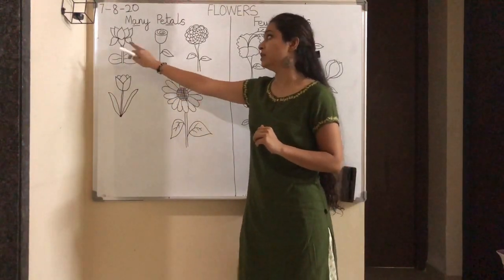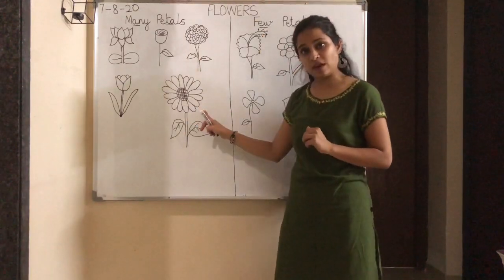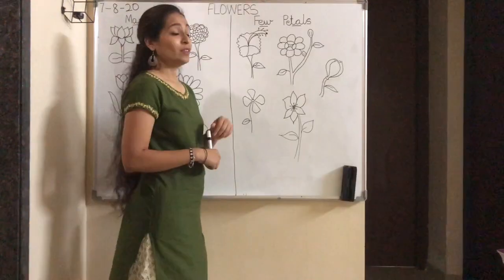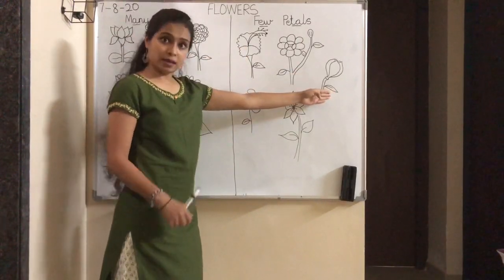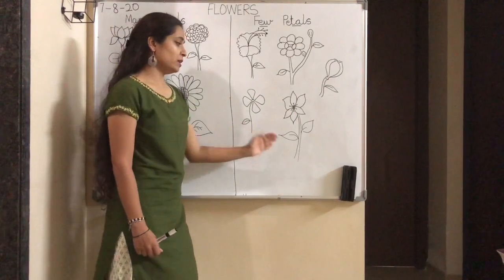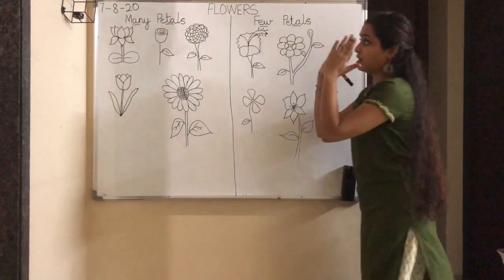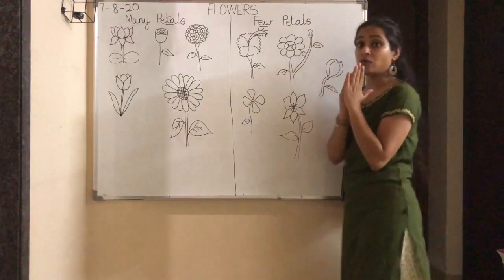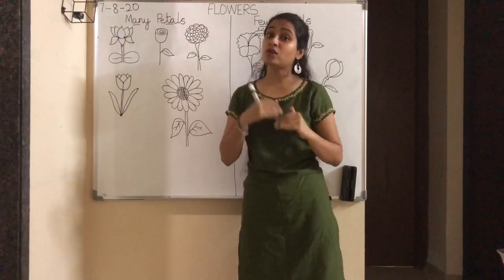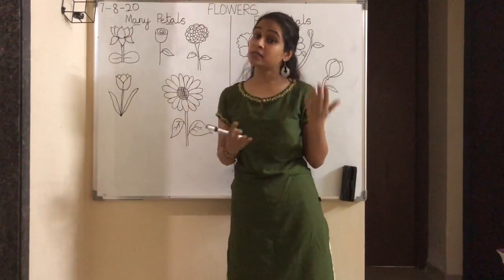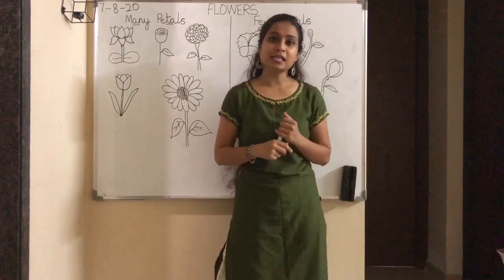Now let's revise flowers that have many petals. We have lotus, rose, marigold, tulip and sunflower that have many petals. In few petals we have shufla, jasmine, plumeria alba, periwinkle and lily. So these are the flowers that have many petals and few petals. I want you to practice drawing these flowers. As for your next evaluation, I will be asking you questions based on these flowers. So for now kids, practice